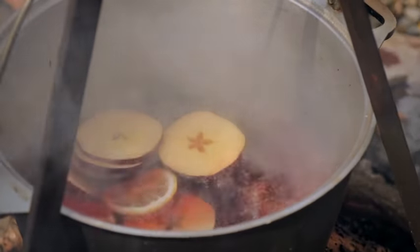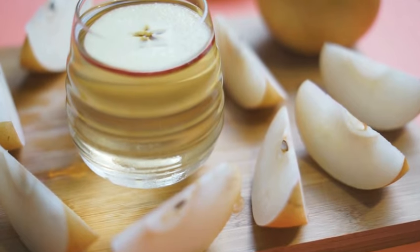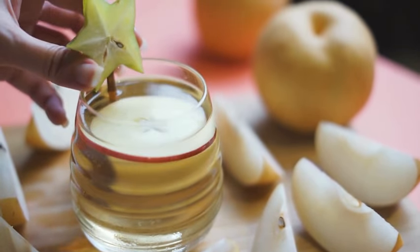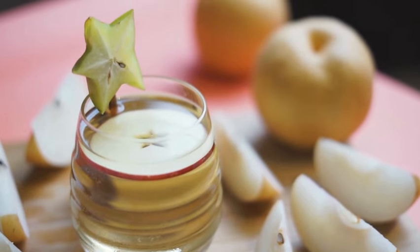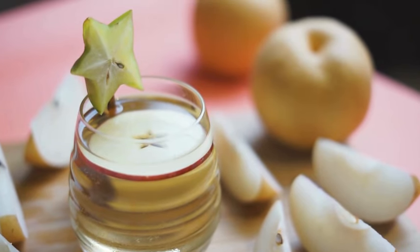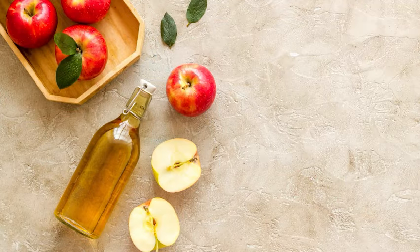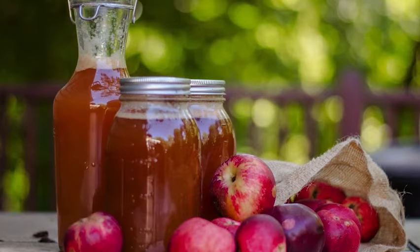Improves liver function. Apple cider vinegar is beneficial for liver health, as it helps to detoxify the organ and improve its function. It contains potassium, an essential mineral that helps eliminate toxins from the liver, helping to regenerate liver cells. Acetic acid also stimulates the production of bile, which is necessary for the digestion of fats and the elimination of